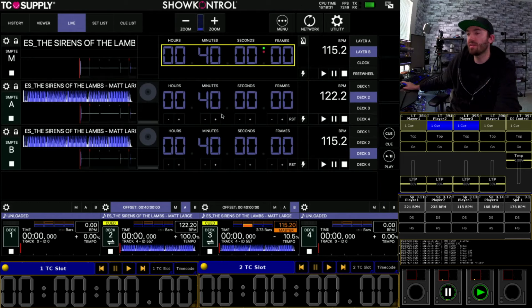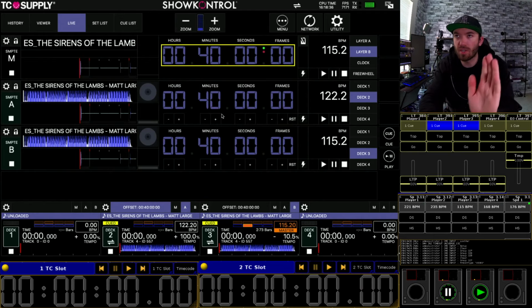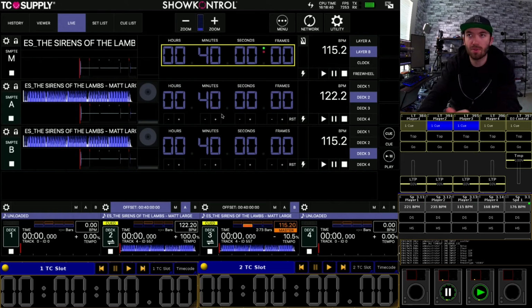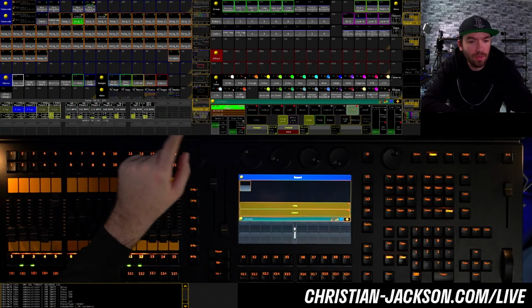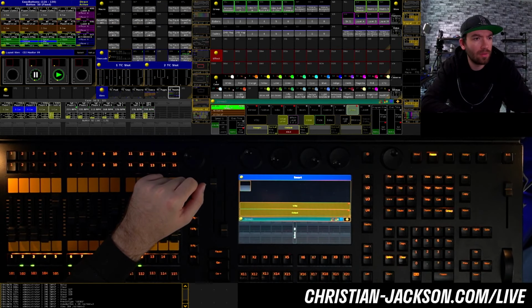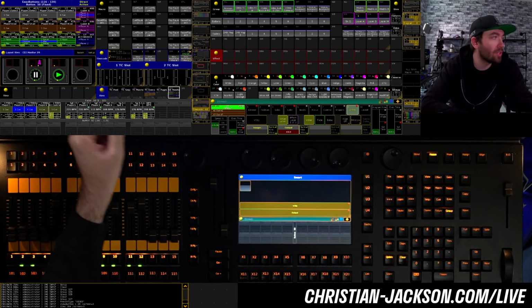I have this set up so that the default values are that A is always at deck 2, and B is always on deck 3. But then inside of MA, I can also determine